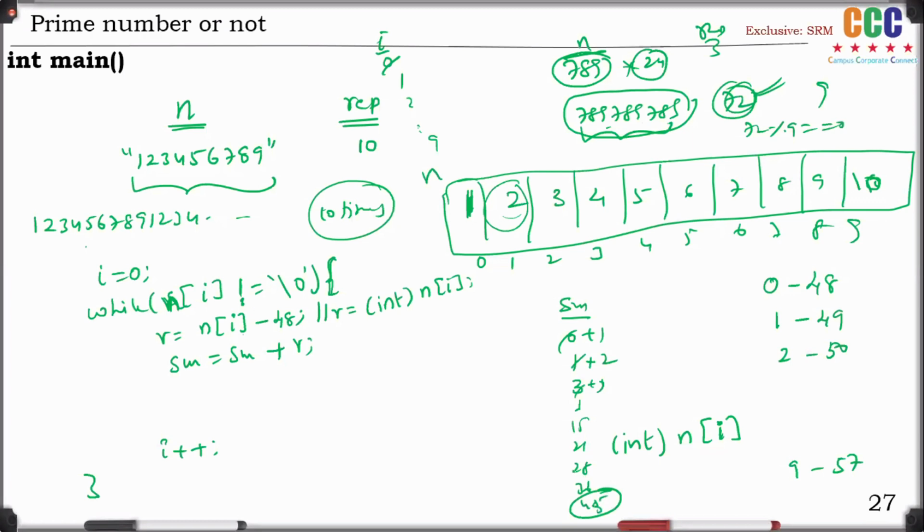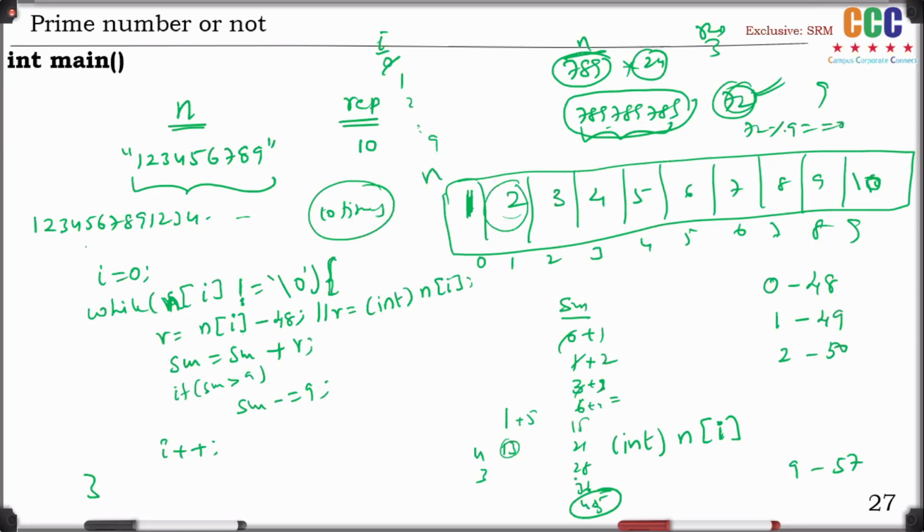At every sum, if your sum is greater than 9, then sum equal to sum minus 9. Here, 3 plus 3 is 6. 6 plus 4 is 10. If it is 10, now sum is 1 again. Okay, 6 plus 4, and after that, 1 plus 5, 6. 6 plus 7, 13. Again, 13 means 4. Right? 4 plus 8, 12. That is 3. 3 plus 9.